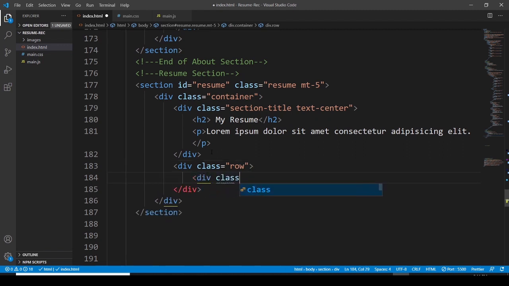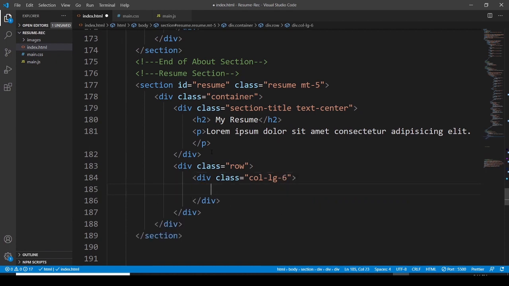Again, another division, assigning it a class. Column large 6. Let's use heading 3, assigning it a class. This class is going to be resume title, where it is going to be summary,